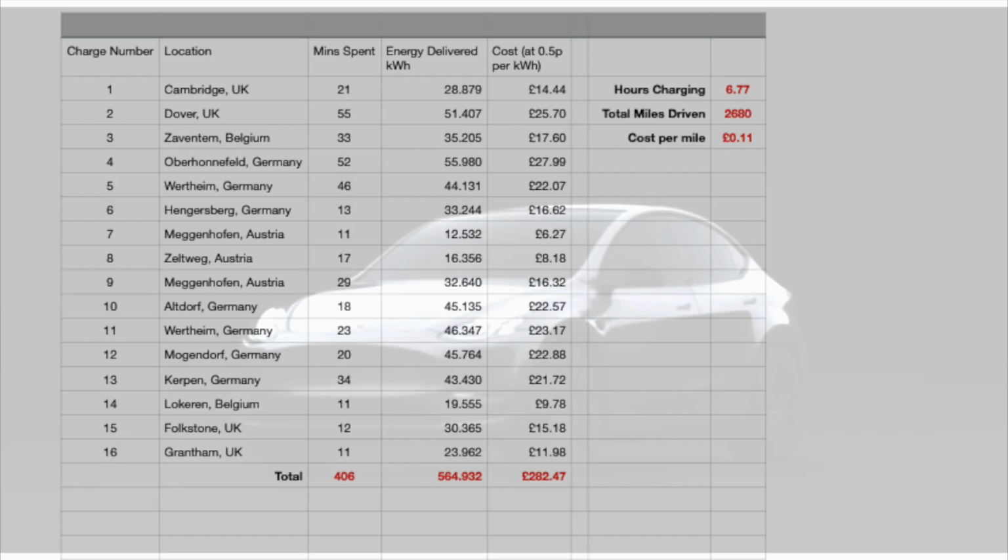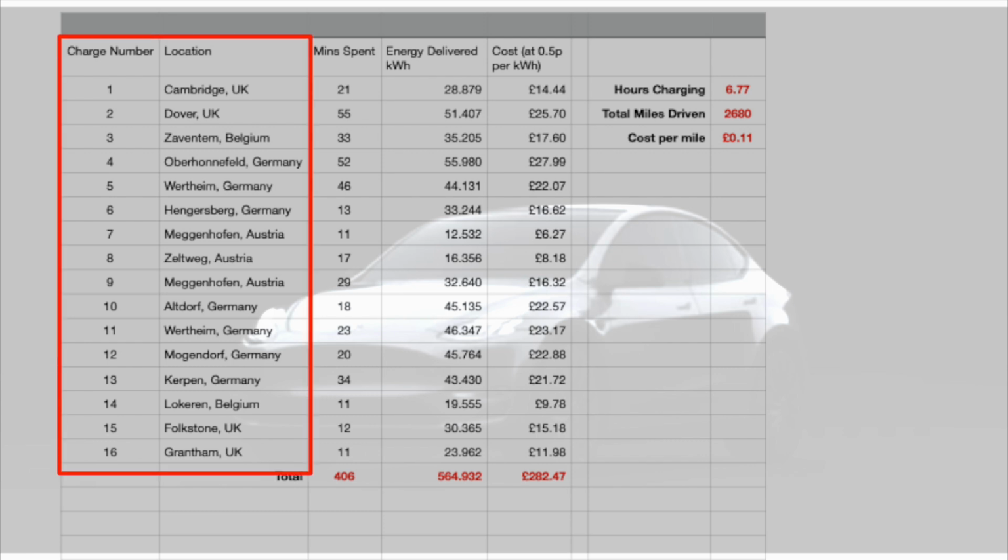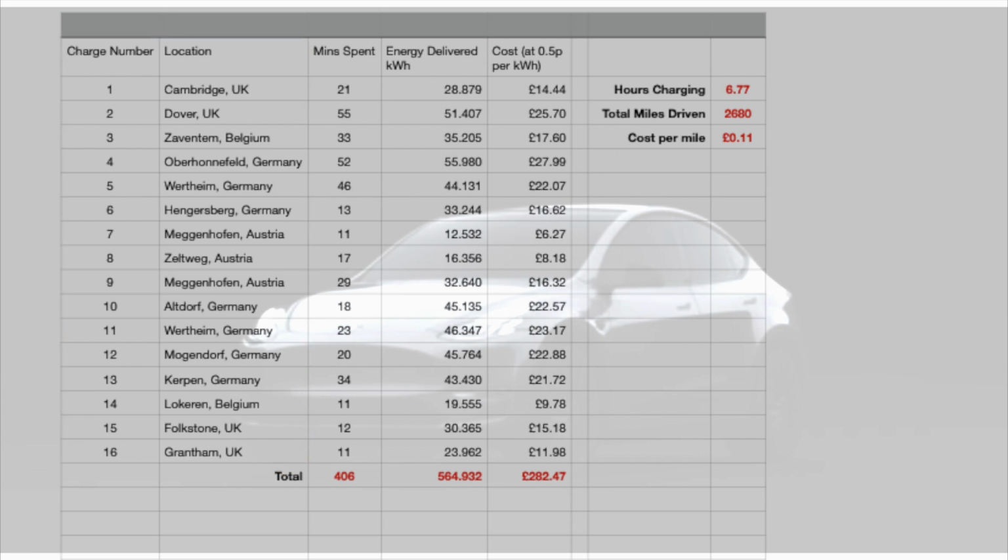So I took all the data from the Tesla app, and you can see there that we actually charged about 16 times in lots of different countries. And I've put there the energy that we got delivered at those charging points, and I've done the cost at 50p per kilowatt hour, because that's what I was kind of seeing, because it all depends on the time of the day, the place, the popularity of the charging station, etc. And you can see there the total cost of the charging was £282.47. And you can see there the total amount that we spent charging was 6.77 hours, and we drove a total of